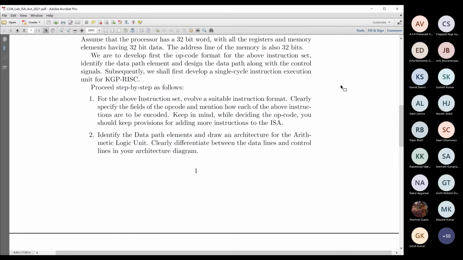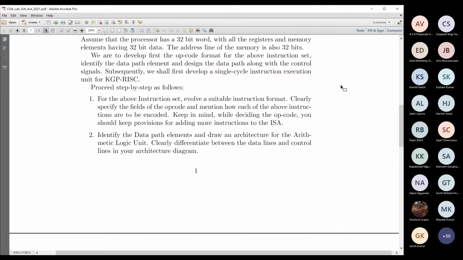For example, in step 1, in deciding the opcode, you should keep provisions for adding more instructions later on to the instruction set if necessary. Follow general principles like the opcodes of related instructions are similar to each other. There can be a function field, like the way MIPS does, where a certain bit pattern shows that this is an arithmetic operation, and then a further bit pattern shows which operation it is.